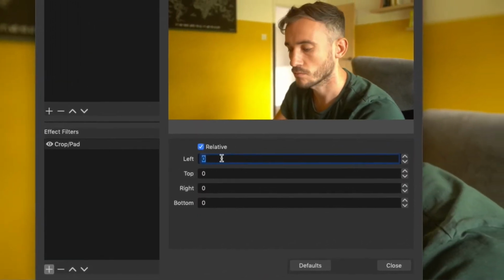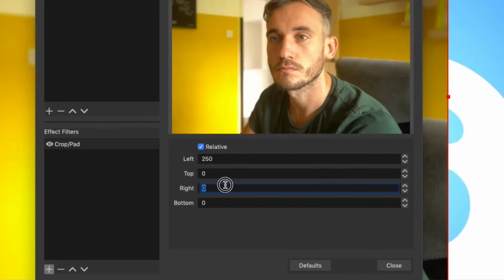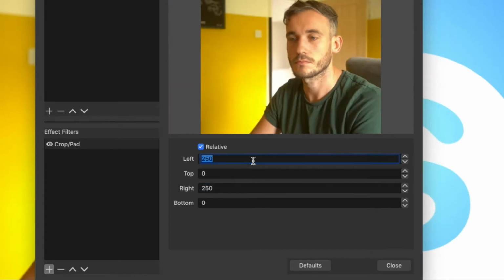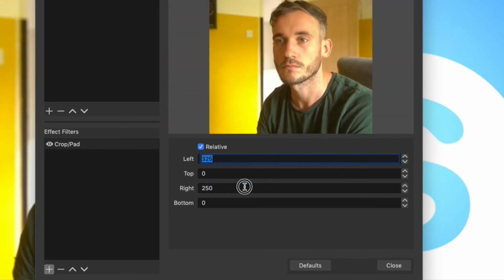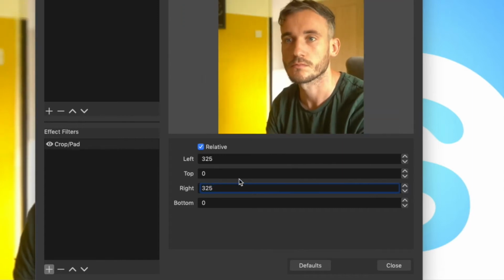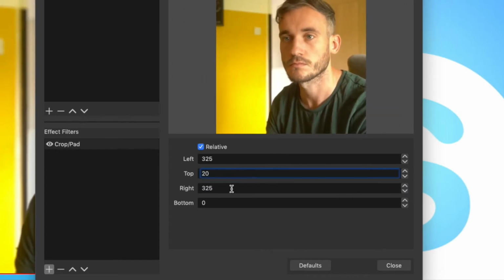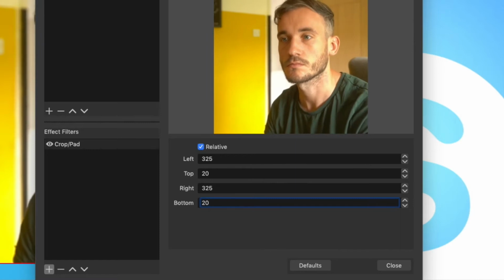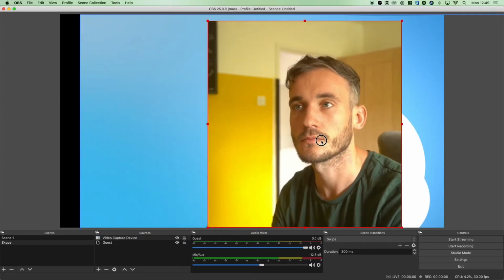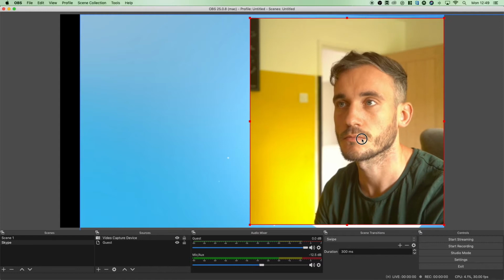Now you can resize your videos. So to make them both fit on the screen with a little breathing room, go for 325 on the left and right and 20 on the top and bottom. You can play with this as much as you want. This then hides that stupid Skype logo, no offense Skype. Now click on your NDI source. This is where it will connect to Skype later,